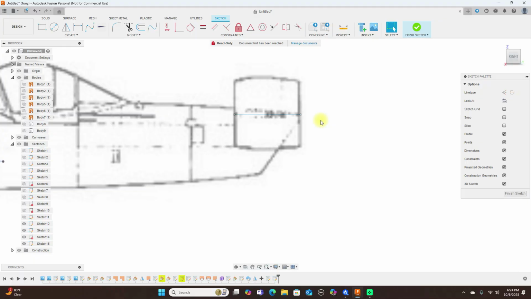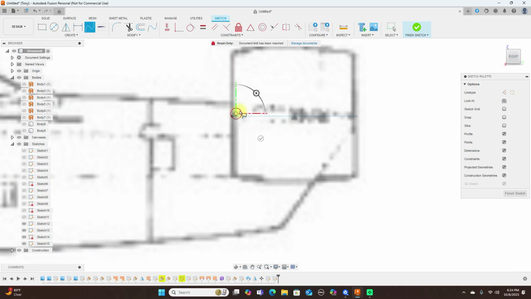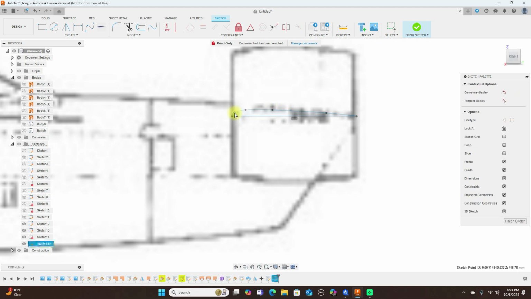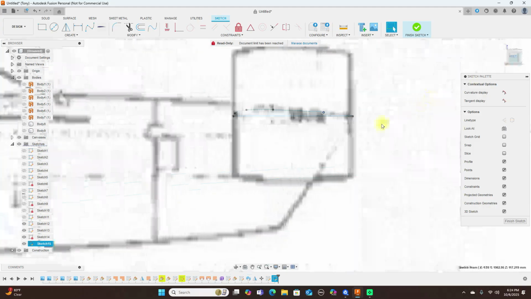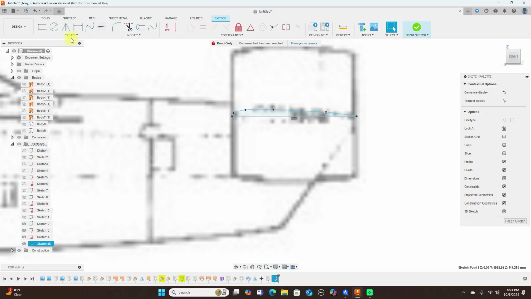Then again, the arbitrary airfoil. Okay, then again, the mirror,